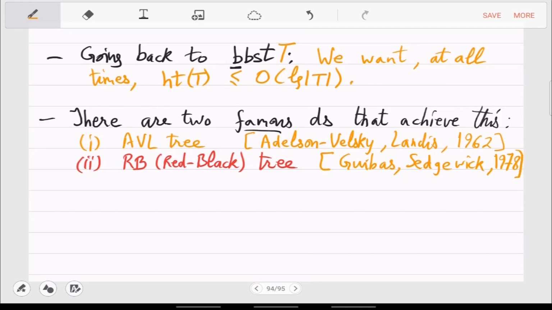So the first one was given by the Soviets, and the second one was given by the Americans. We'll go with the Americans. There is another reason why we'll go with the Americans, because this red-black tree is much faster in practice. I mean, both of them will ensure the inequality, but when you do many operations, then cumulatively red-black tree will be better. Okay, so it has some cumulative advantages.